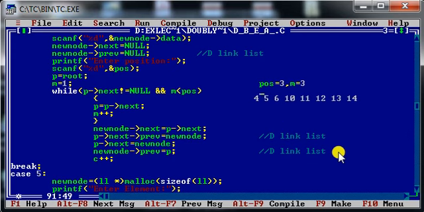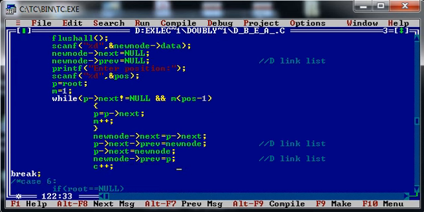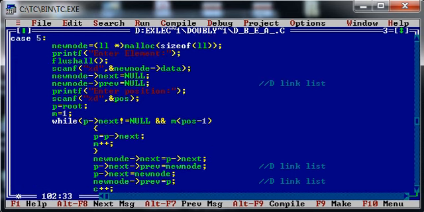In this case, I have to stop at M less than position minus 1. That is the only change. The rest of the thing will remain as it is. So this is the logic of inserting a new node before a given position in a doubly linked list.